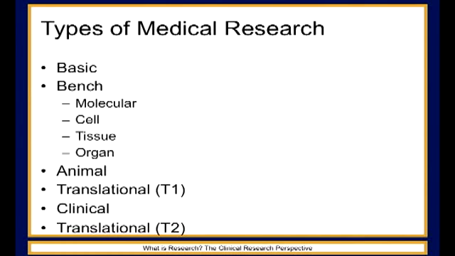occasionally even at the point where human tissues are being implanted in animals to study them better. So certain cell types might be, or certain DNA might be put in animals so that we can understand better how it works in ways that we couldn't do in a living human being. There's translational research, and I'll talk more about what translation is in just a moment, but it's moving those ideas from the bench and the animal studies into humans.